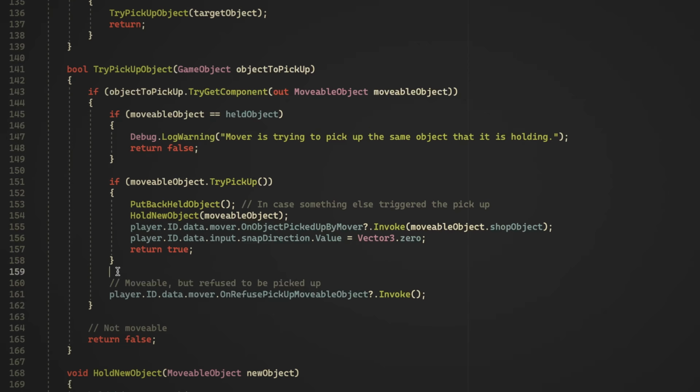At this point, if we've got this far without returning because it can't be picked up, or returning because it can be picked up, then we've established that it is a movable object, but it would not be allowed to be picked up. And we don't need to put an else here because we know that if you've got this far, that's what's happened. And sometimes staging logic in this way, where you just make a number of checks in order, can be a lot simpler to follow, because the alternative is, say, you put else here,